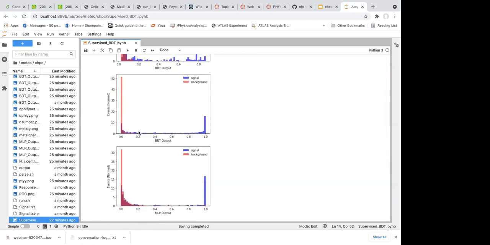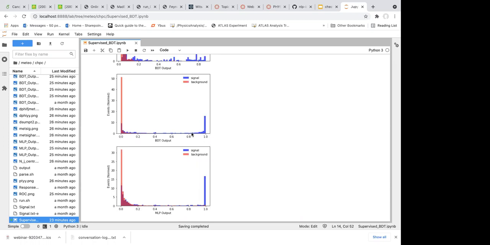I define a cut as 0.0, say any event with an output score greater than 0.0 is a signal. Any event smaller than 0.0 is background. Of course, there are no events below 0.0. So it's like 100% of signal will pass your cut, and 100% of your background at the same time will pass your cut. If you put, for example, 0.8, possibly 80% or 50% of the signal will pass your cut, and maybe 0.1% of the background will pass your cut.